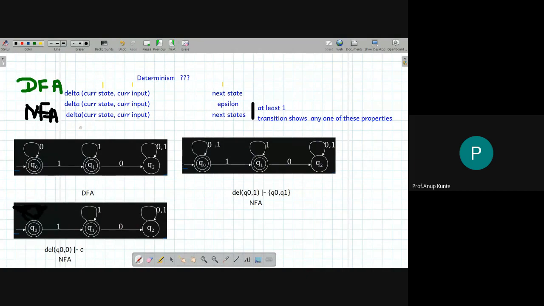Okay. For proving something is an NFA is very easy because you just need to pick one anomaly in the definition of transition function that shows any one of these scenarios. Whether the current state, current input is not defined any next state, that is there is no arrow for such combination, or there are multiple arrows for a current state, current input combination. Right? So this makes the distinction between two of the three categories under DFA and FA without output. One we said was deterministic finite automata. The other one was non-deterministic finite automata. Now there is a third category which is called as NFA with epsilon